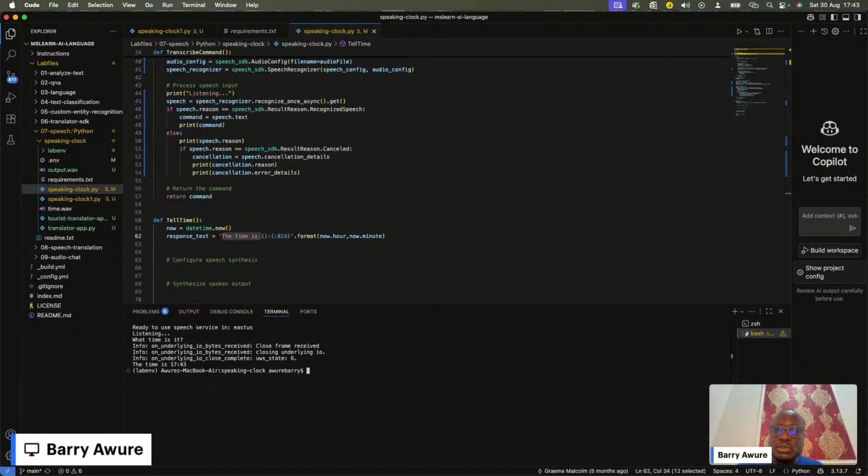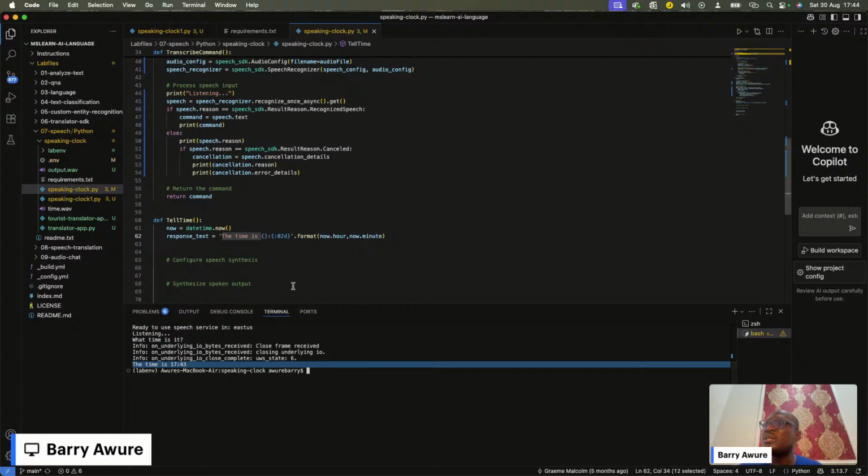So if you have an application like this, it does not need you to come in and constantly tell what the time is. At this point, we are getting inputs and we're getting outputs from this. Right now, our speaking clock is getting a request of what the time is, and then it outputs to me what the time is. But it's not speaking yet.